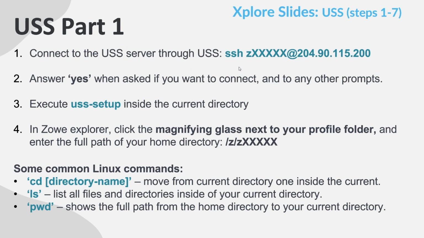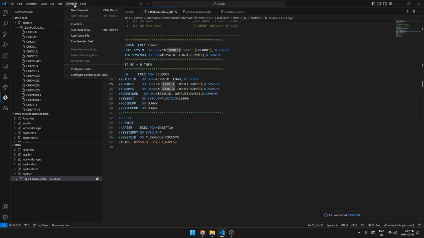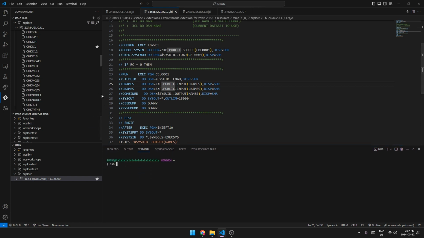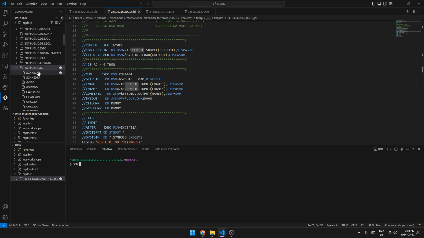All right, so first we're going to SSH into the USS server. So we're going to go back to VS Code and open up a terminal here. So terminal at the top and then new terminal. Essentially, you're just accessing another system through the terminal, so there's no graphical user interface. We're going to go SSH and then our user ID, which I'm just going to scroll up so I can see it. It is Z minus Z4